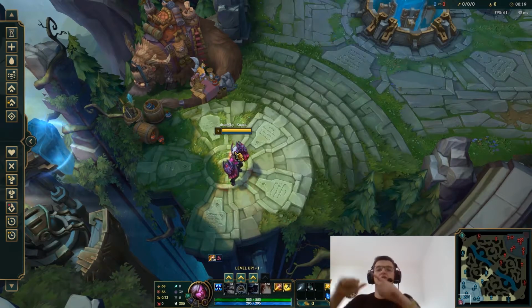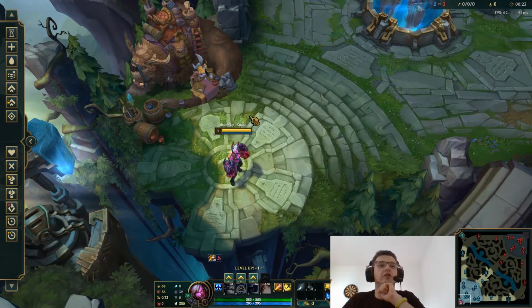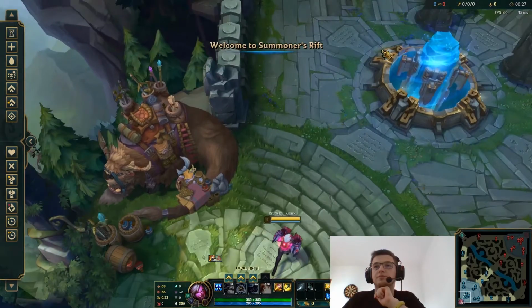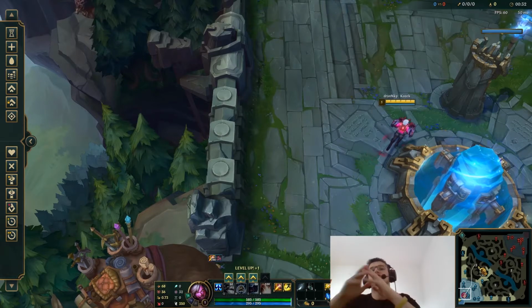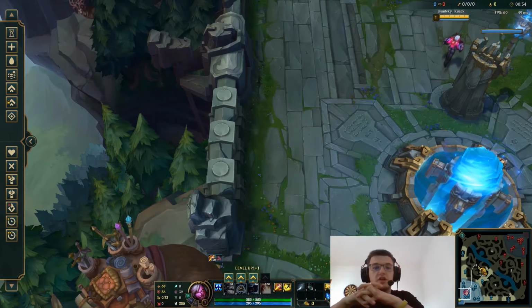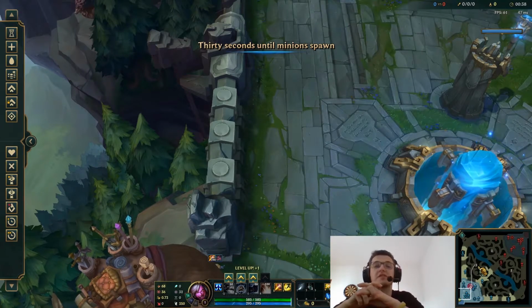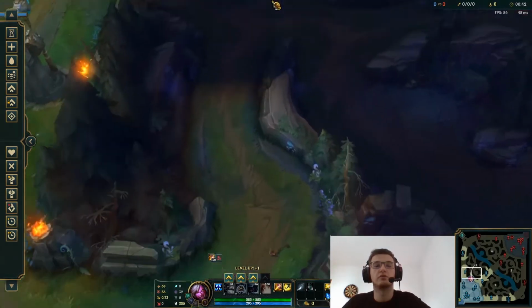Okay, guys, so now that we talked about abilities, we should talk about jungle path. Okay, so I will let the game start. I usually with Vi start blue side. I like it more. I saw a lot of players start from red side, so I will do that jungle path too. But first I will go with